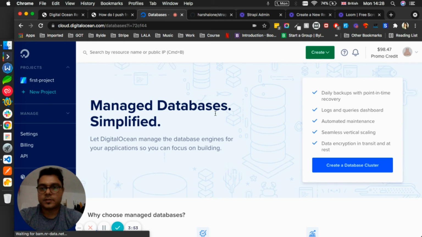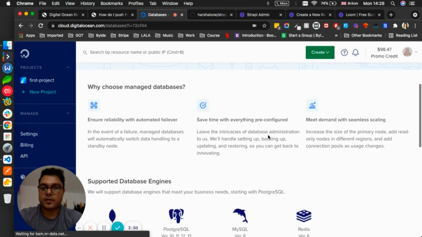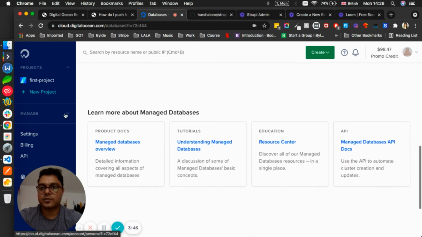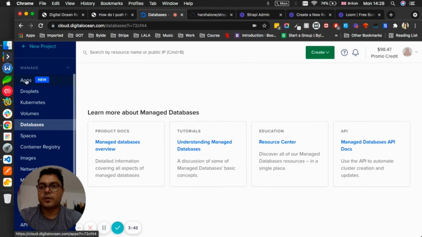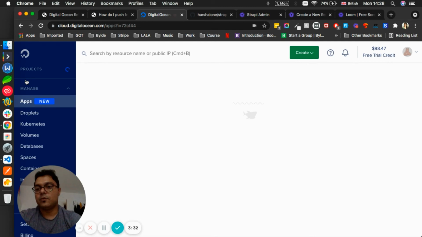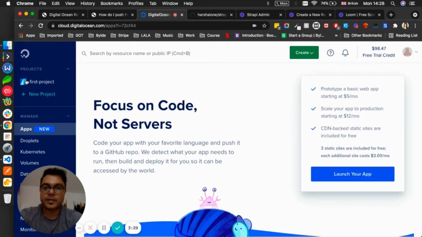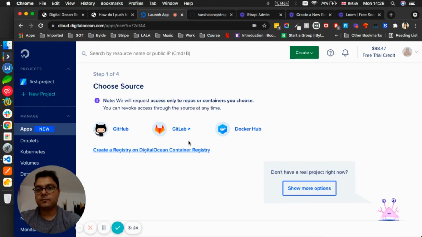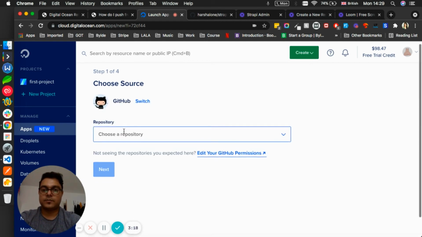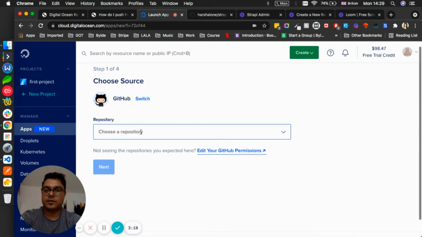But because it was a proof of concept for me and I didn't want to invest quite a lot of money, I just thought I'll go with the default database provided for me in the app section. Although if you prefer to go for MySQL or any other type of database which is available on DigitalOcean, you go to the managed database section and create one there, and it will be populated in your app creation workflow. So let's quickly create our Strapi